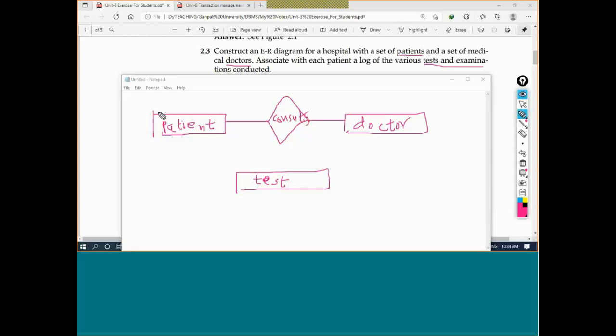Here for patient I will write, I am not writing patient ID here, patient name, patient age is also important, patient gender, male, female, patient date of admission. Because here we are assuming that there is a hospital, it is not a clinic. So you can also add date of registration for the patient, when the file was created for the patient. You can add date of admission, date of discharge, okay.